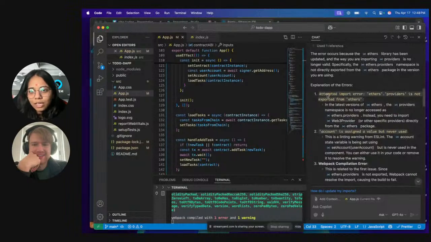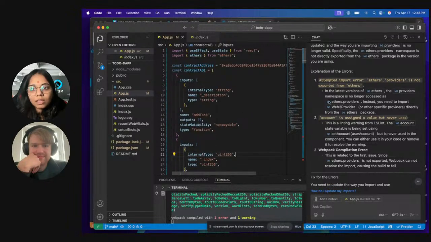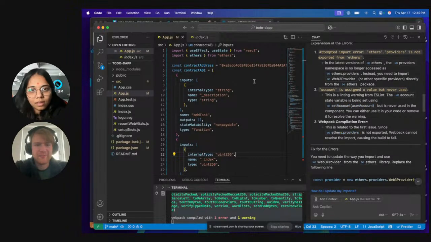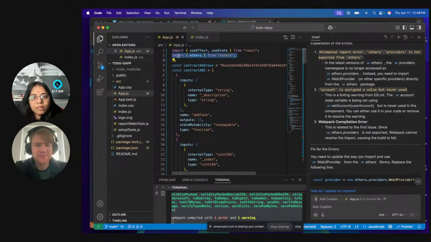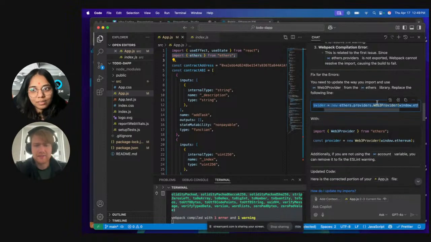Okay, so it explains the error: attempted import error, ethers.providers is not exported from ethers. In the latest version of ethers, the providers namespace is no longer accessed as ethers.providers. So it looks like it's using a version of Ethers, maybe Ethers version 5, and ChatGPT was using a past version, and I think Ethers has upgraded to V6. Yeah, exactly.